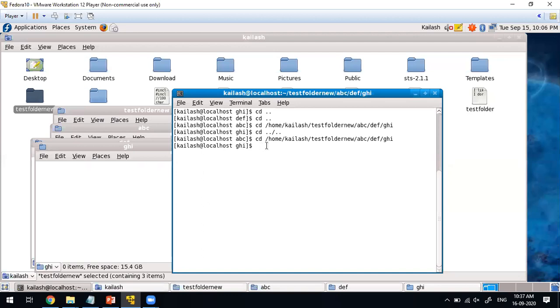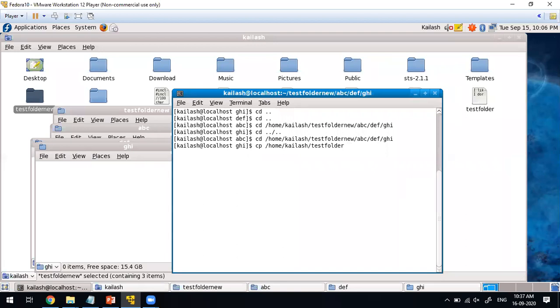Now I'll directly copy: CP, what is the address? /home/Kailash/test folder. This file I want to move to the current directory, that is GHI.